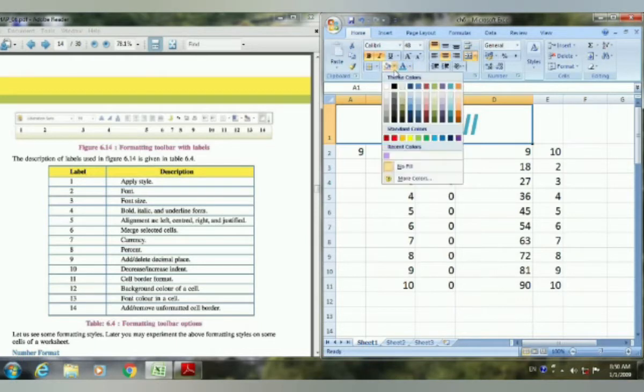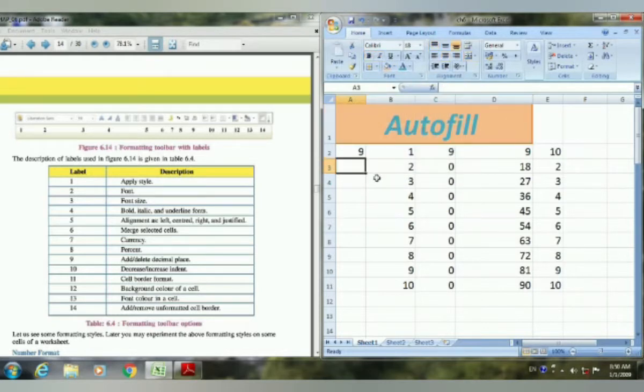Then after, change the background color. If you want to change the background color of a cell, that is also possible. So these are the changes we made to our one particular cell. That is called the formatting of a cell that you can do according to your wish. So this is about the text.